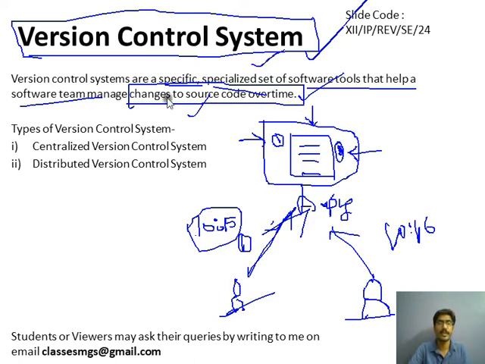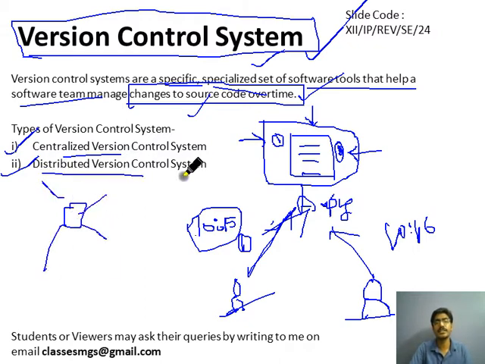So this is the task that is done by some special software known as version control software. There are two types of version control systems. One is centralized, in which the repository is on the central server. We will see what a repository is in the next slide. And another is a distributed version control system, in which there will be one central repository, and each developer will have their local repositories to keep their changes history on local machines. We will discuss these two in detail in the next slide.